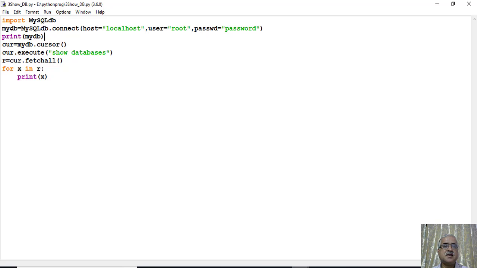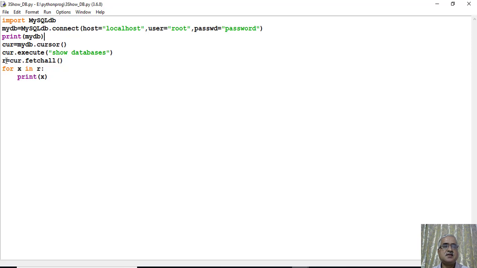And as usual, mydb is a connect object, and we are creating a cursor object cur, and by using cur.execute we are passing the show databases SQL query to this execute function, and the result returned by the database is stored into R by using the fetchall method.